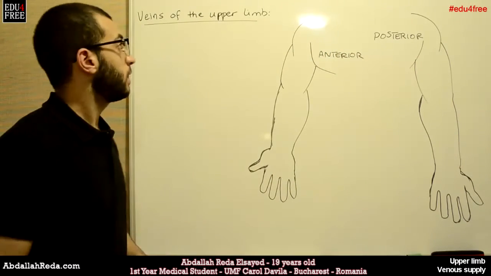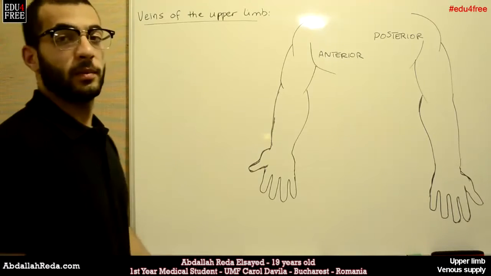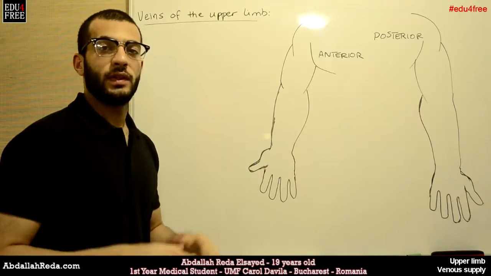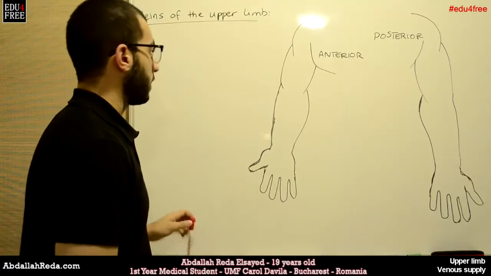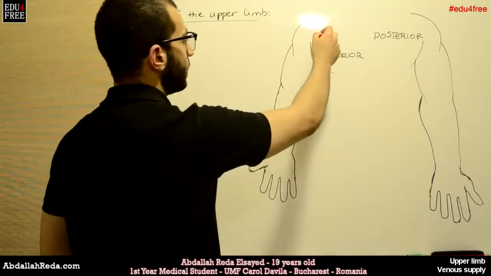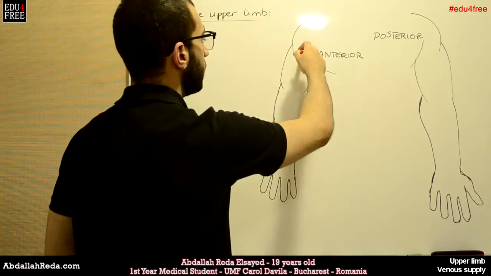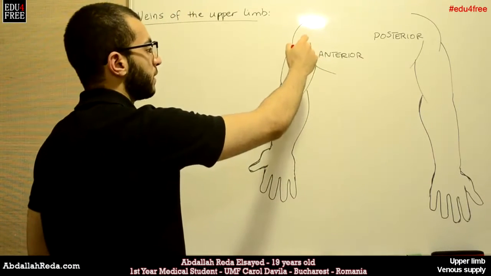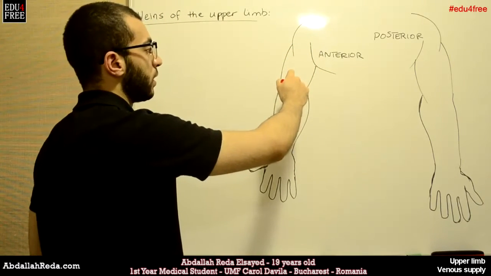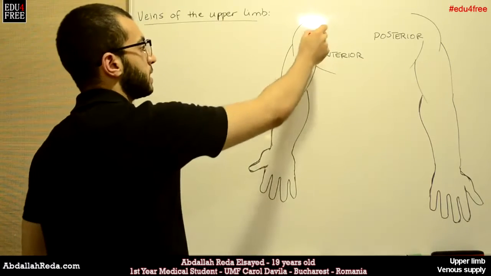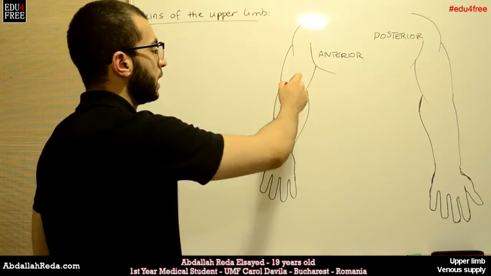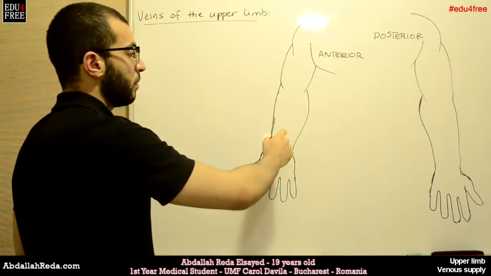This time we're gonna talk about the veins of the upper limb. Last time we talked about the arteries of the upper limb, and we knew that they begin with the axillary artery that goes through the axilla, and when the same artery arrives at the brachial region or the arm, it's called the brachial artery. So axillary artery to brachial artery, and then when it goes through the forearm, it branches